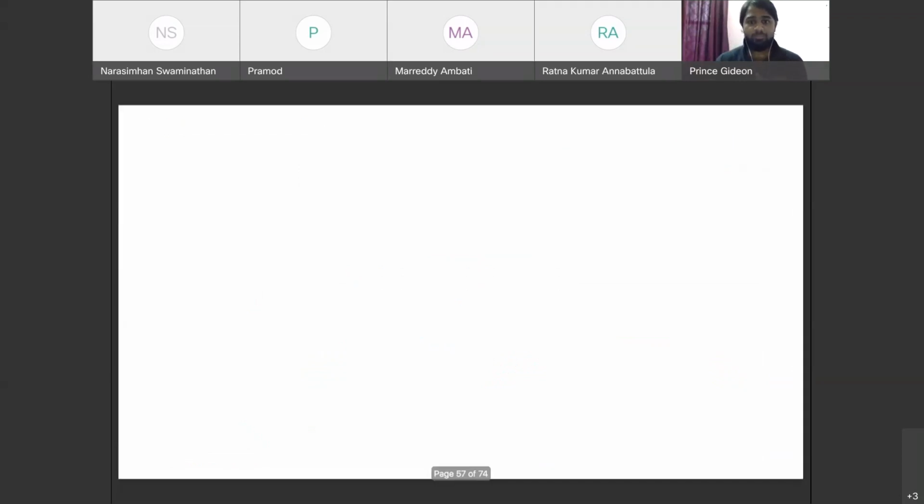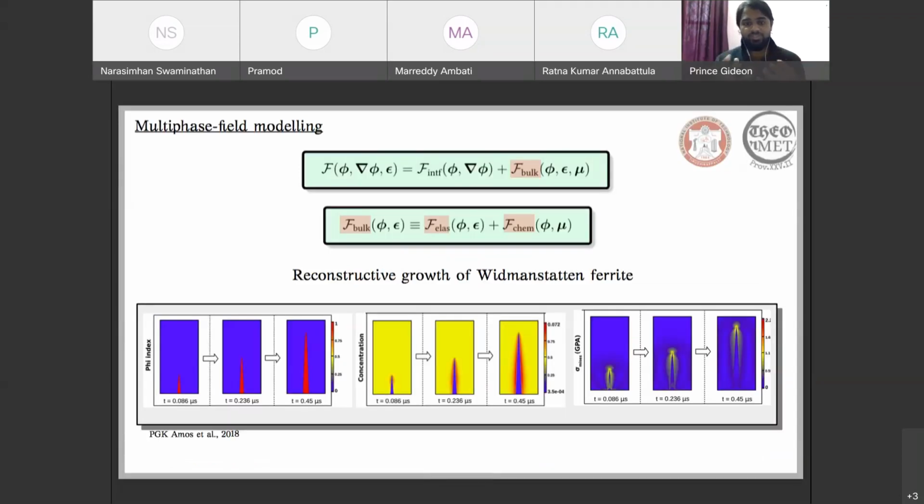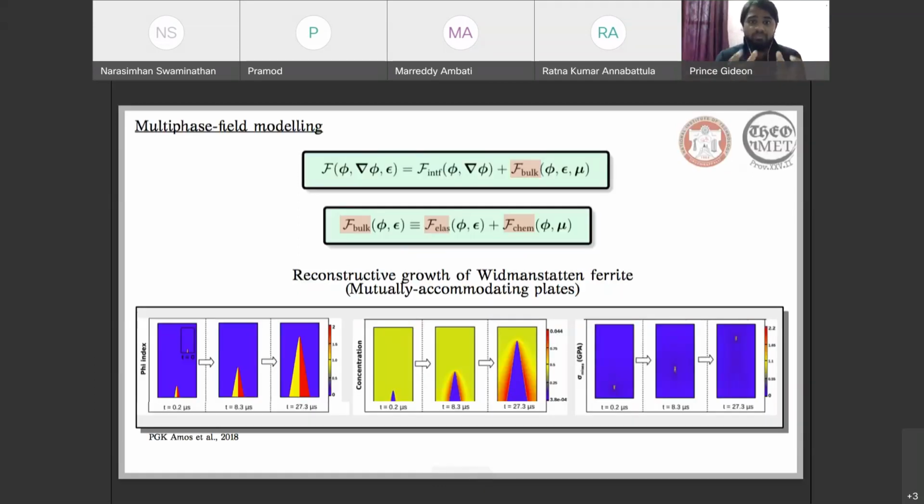And one such example is the reconstructive growth of Widmanstätten ferrite. And as you can see, we have the evolution of concentration that drives the growth of the ferrite phase, and it's the elastic driving force that renders its shape. Now, even though these observations are largely indicative of the influence of elastic driving force on the morphology, it also helps us understand the growth of certain plates which are